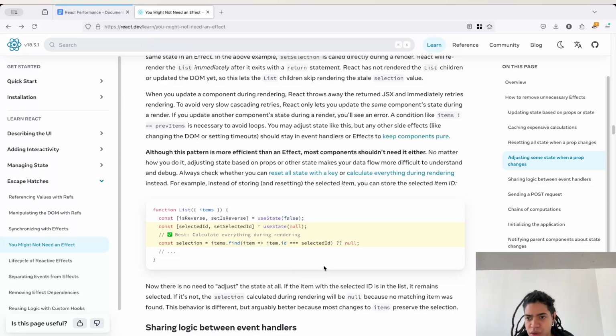adjusting some state when a prop changes. If it's not, the selection calculated during rendering will be null because no matching item was found. This behavior is different but arguably better because most changes to items preserve the selection. So anytime you need to recompute something, cache an expensive calculation, or adjust some state,